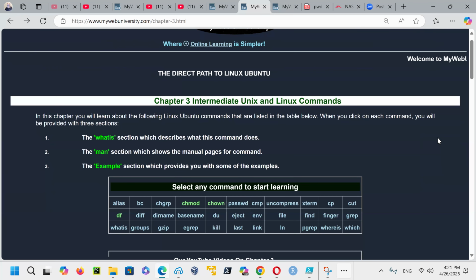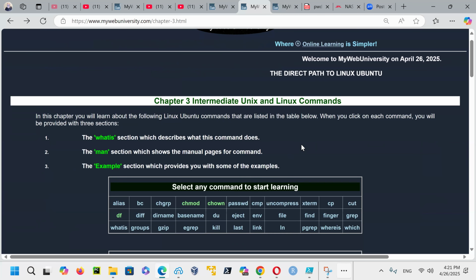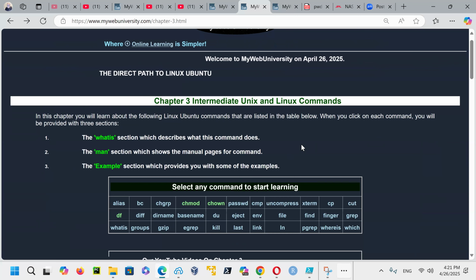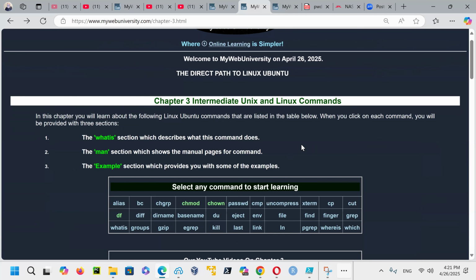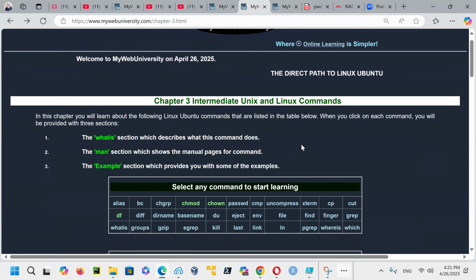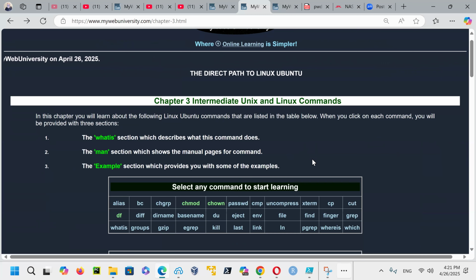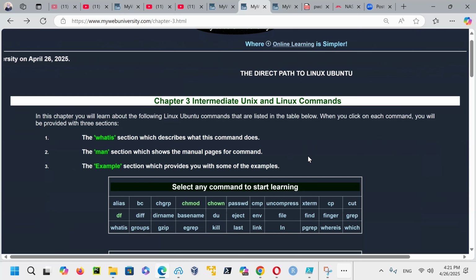And then the nice thing about this chapter: some of the commands require root access or sudo access or permission, and I don't want you to create a file on my server or remove a file from my server or modify something that belongs to me or to a program, or change something.